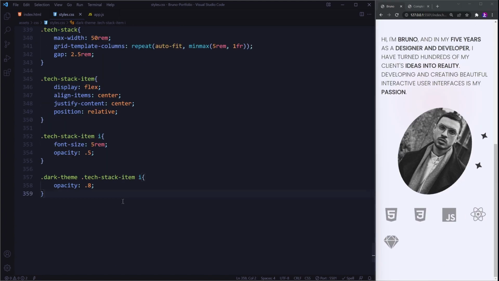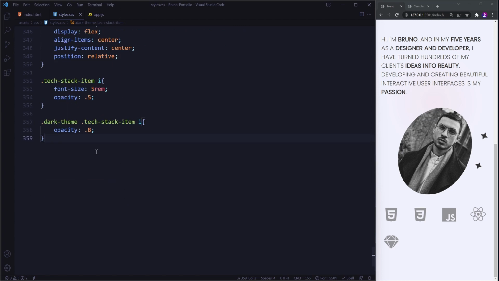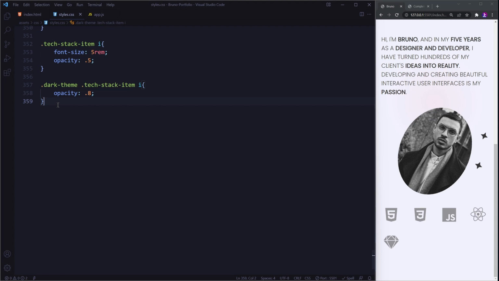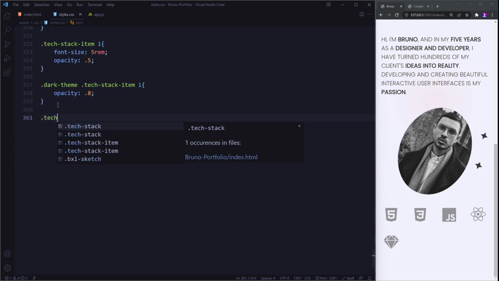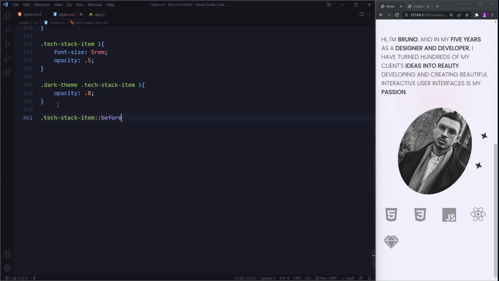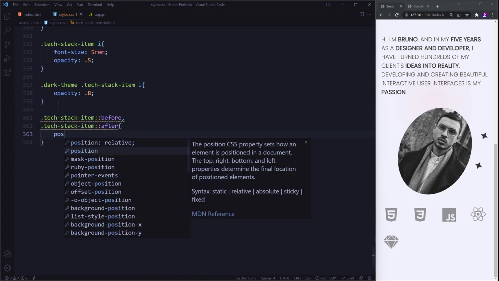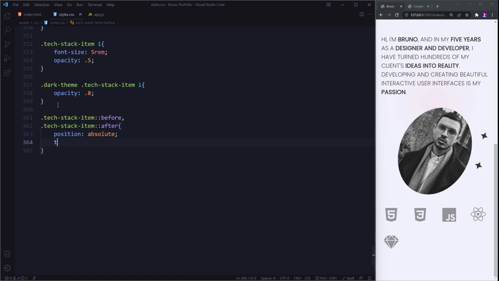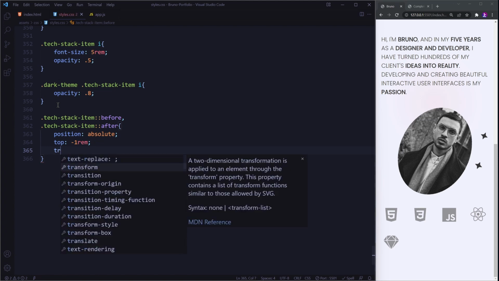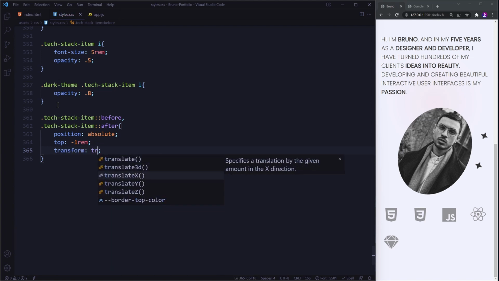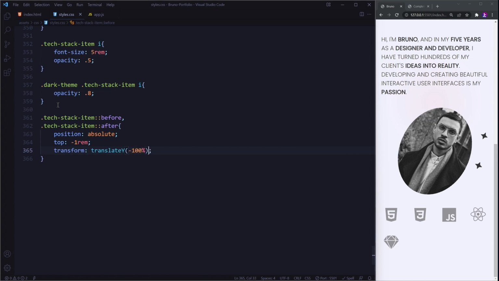The next thing that I want to do now is select the pseudo elements themselves. Well, not select them, but create them, I should say. So text stack, item, before, we are going to do the same thing for the after. And for the position, it's going to be absolute. Starting top position is going to be -1 rem. And then I want to translate the y by negative 100%. Now, as far as the opacity, we are going to set it to 0 so that we don't initially